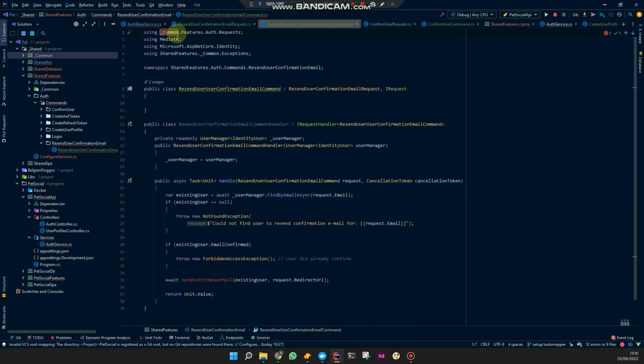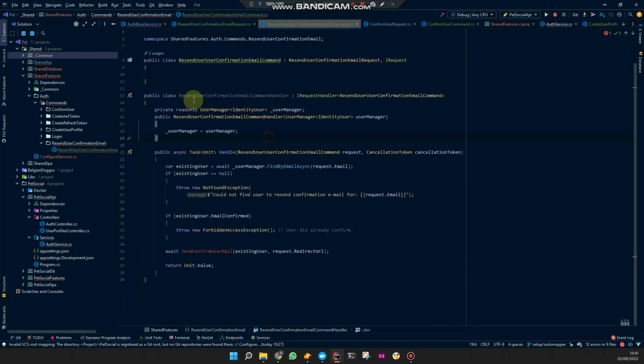Okay, so now user manager, just checking for the manager. If we already confirmed, throw forbidden, otherwise send the email. But this one, we're not going to call a mediator inside a mediator command. So we're gonna split that up for multiple reasons. Why we won't do that is probably obfuscation, if I'm using the correct term, which I think means